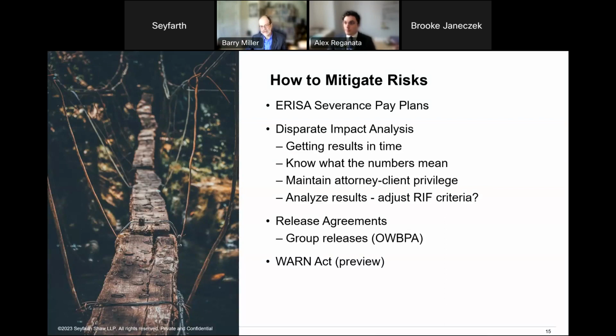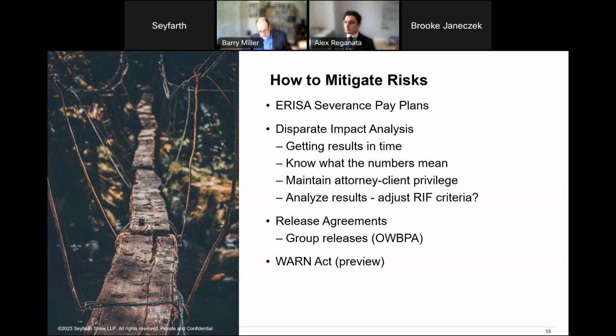One alternative that I would put out there for folks to consider is the simple use of arbitration agreements in the employment context. If your employees are subject to arbitration agreements, it's very likely that a lot of the benefits that you might otherwise get from an ERISA severance pay plan, you're going to get from your arbitration agreements with a lesser degree of headache and administrative expense.